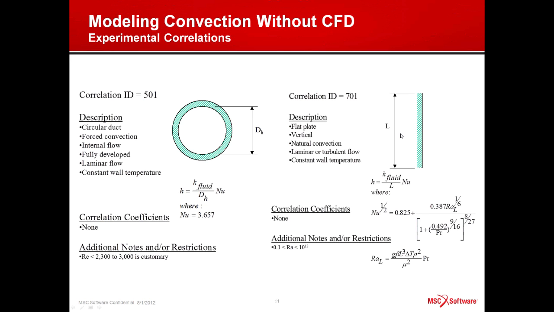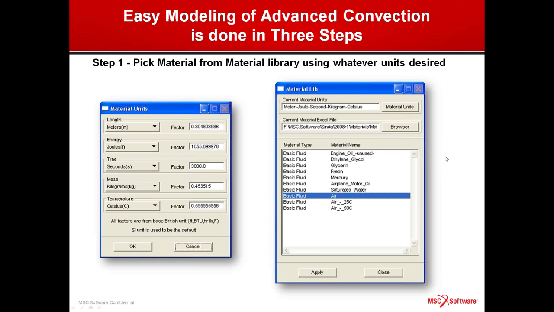As the surface gets hotter, the H will go up. That delta T between the surface and the air affects the H value, and this is automatically computed and automatically changing. So the way in Patran you would add advanced convection, it's really almost as easy as just doing simple convection where you'd guess an H value of 6 or 10 or something. All you do is you come in and say what units you want to work in, and you go to